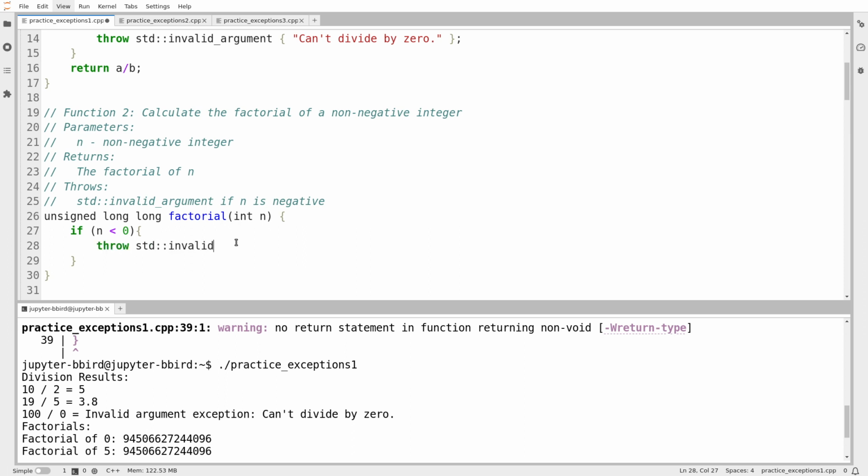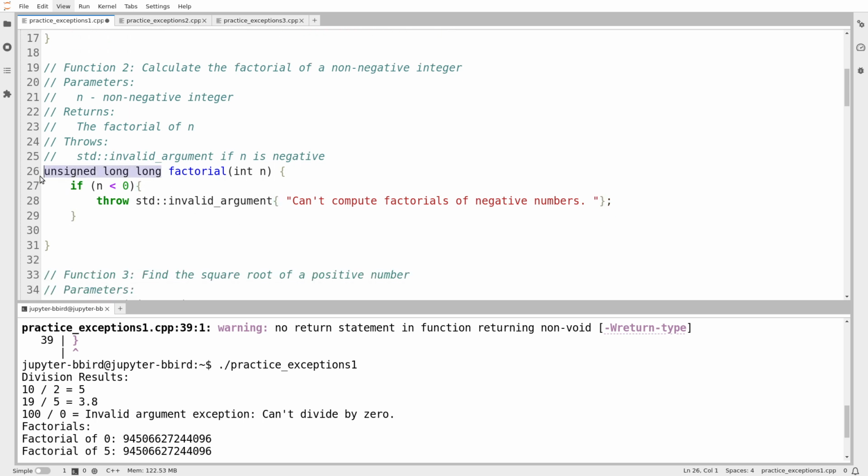Let's see. Can't compute factorials of negative numbers. Now, there are people that have defined extensions of the factorial function or the concept of a factorial to negative numbers. You can go ahead and look that up, and I think if you do, you'll understand why we do not want to deal with that problem. Factorials of negative numbers, okay, and so that's the exception that I throw. Otherwise, I go compute the factorial, okay.